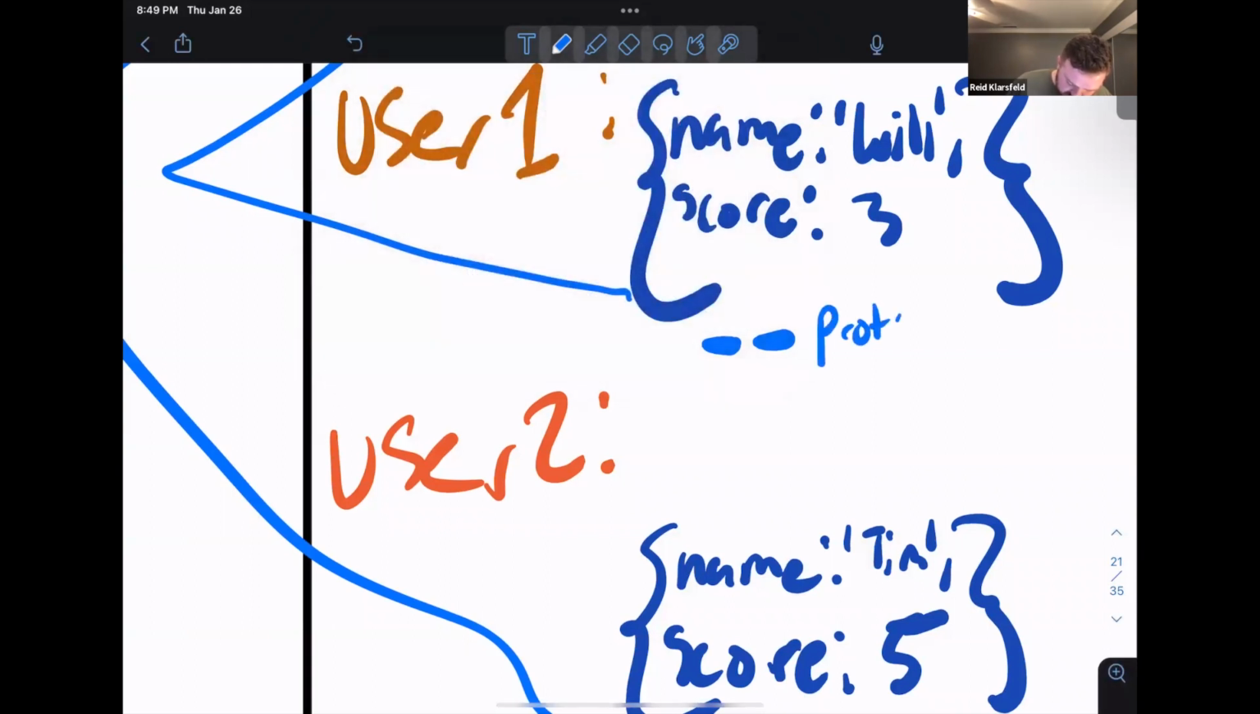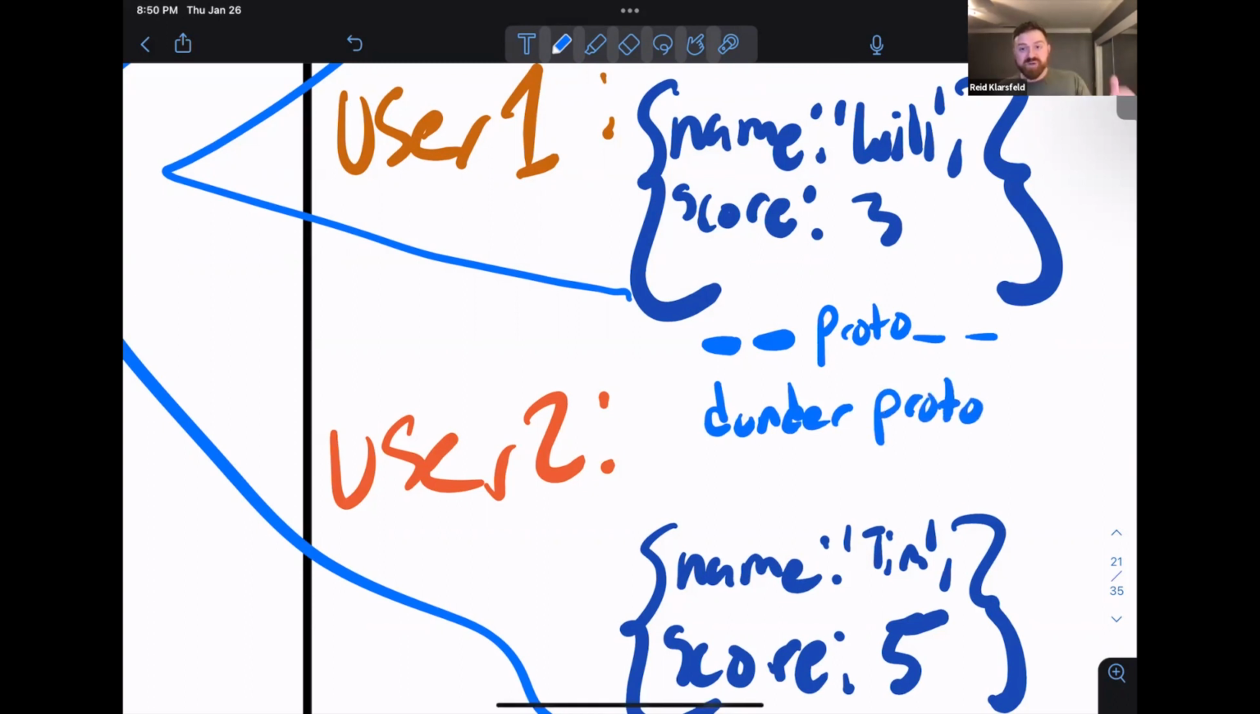Proto, underscore underscore proto underscore underscore. This is known as the dunder proto, the double under proto, underscore underscore proto underscore underscore. So weird looking, so weird sounding, but that's what this is. We have set these objects' dunder proto, which is a property on this object,